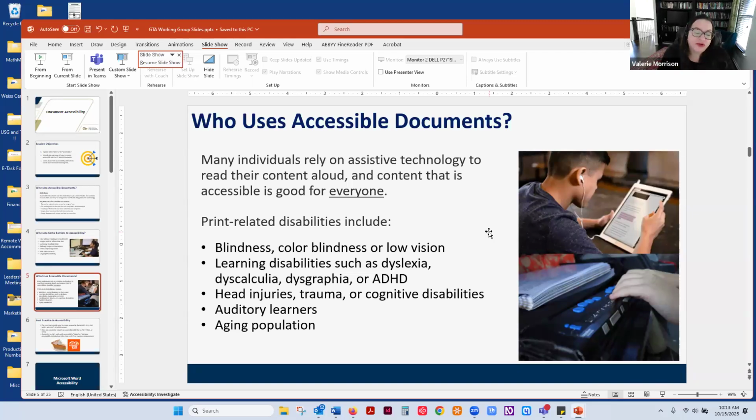Students or individuals who have head injuries, trauma, or cognitive disabilities, people who are primarily auditory learners, the aging population who are having trouble with their eyesight. So many different vision related things can happen as we age. So this huge group of people is much larger than you might initially think, or people who are using screen